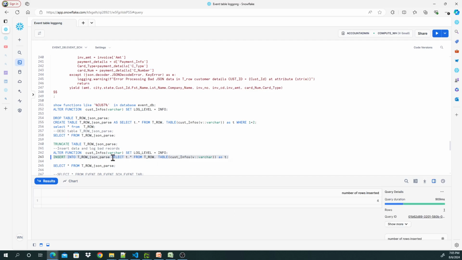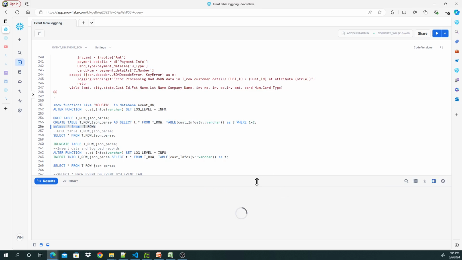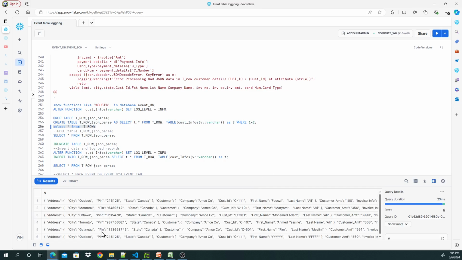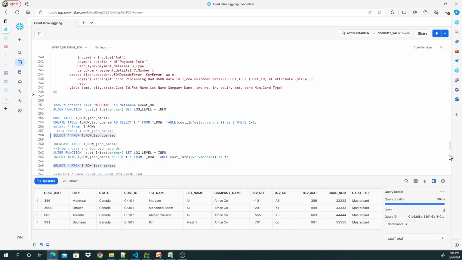For the row table, we will have 6 records, and for the parse JSON table, we should have only 4 records because we will have 2 bad records. So we just need to check the log